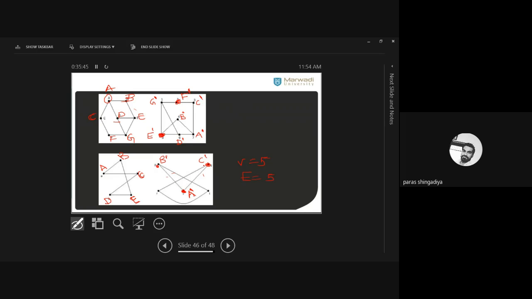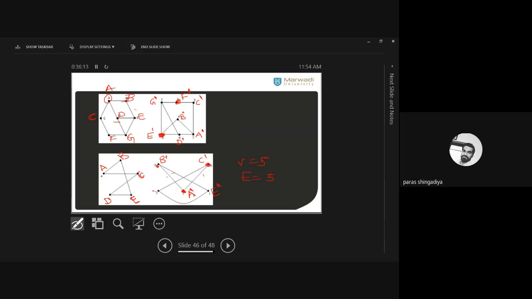Here B is adjacent with A and E. B to A connection is already fixed. Now which is remaining? B to E. And here B dash is also connected with one more vertex at that place. Clear? And it also has degree 2, and E also has degree 2. So that will be the image of E. Clear? That is E dash.